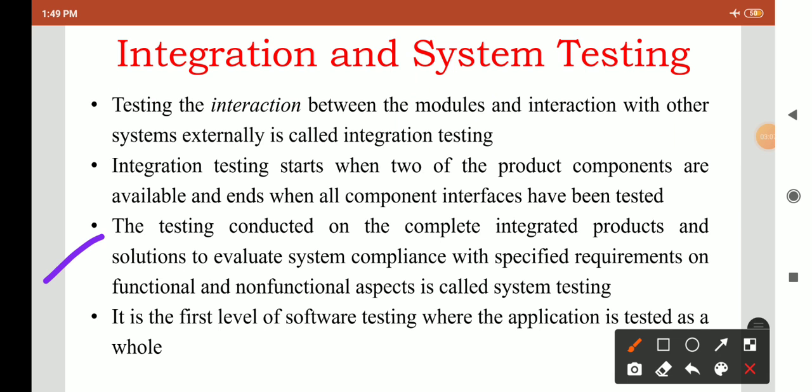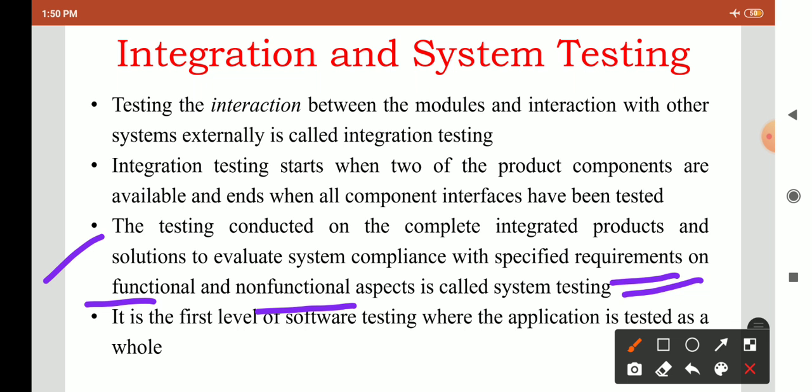Now the next point is system testing. So what is system testing? The testing conducted on the complete integrated product and solution to evaluate system compliance with the specified requirements on functional and non-functional aspects is called system testing. So after completion of integration testing, we apply the functional and non-functional aspects of system testing.